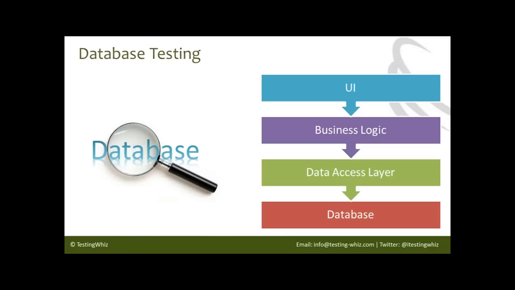One of the important aspects is database testing, where we need to ensure that whatever functionality testing we are doing adheres to the business logic we have for the application. There are different layers in the application: the UI layer, business logic, data access layer, and then the database. A lot of people don't even know what kind of database their application is using, or what kind of database schema the application consists of. But as a tester, it becomes really important for us to test that part of the application also. Just to give you an example,